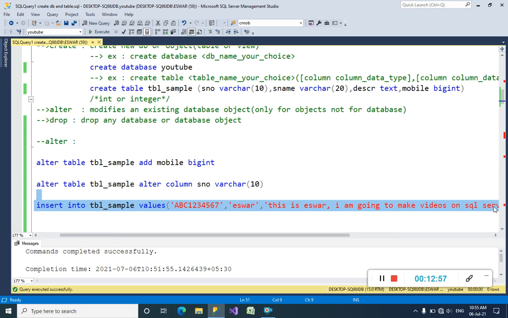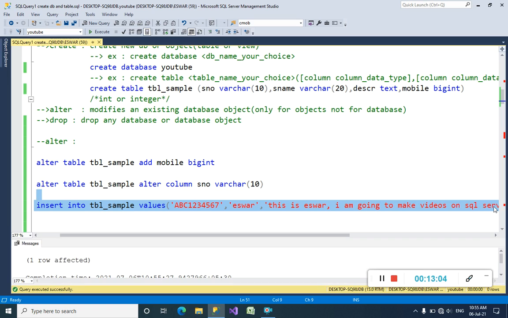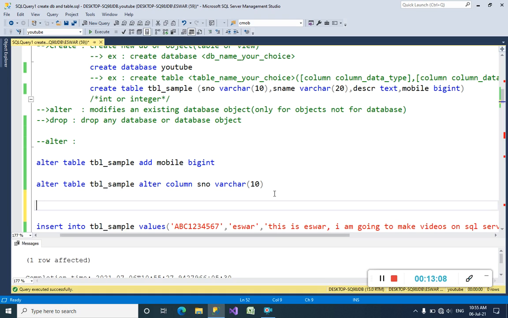So I am going to insert this value. Control E means execute. One row affected means it has been inserted. Select star from, just see guys, whether it is inserted or not.